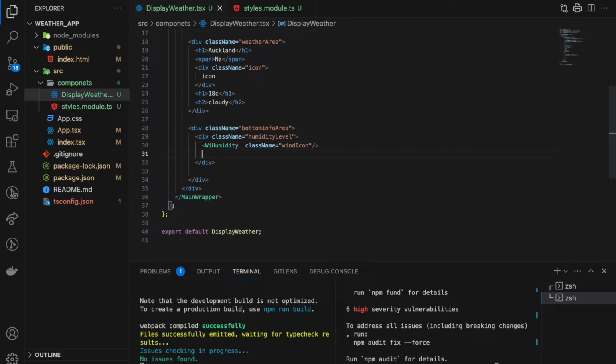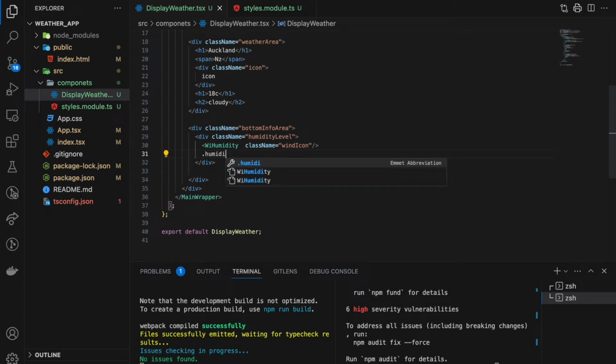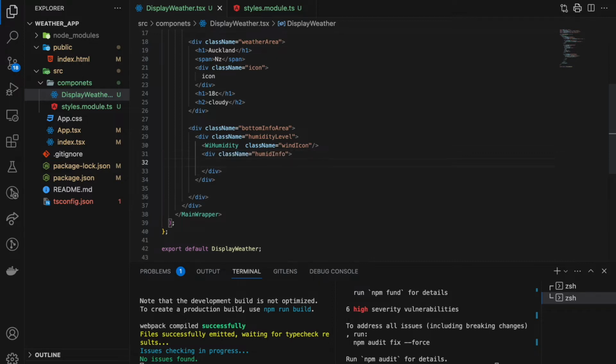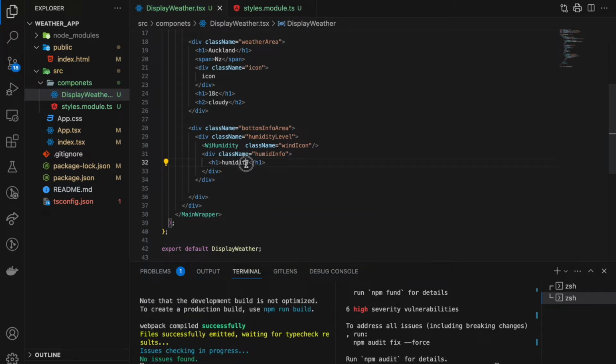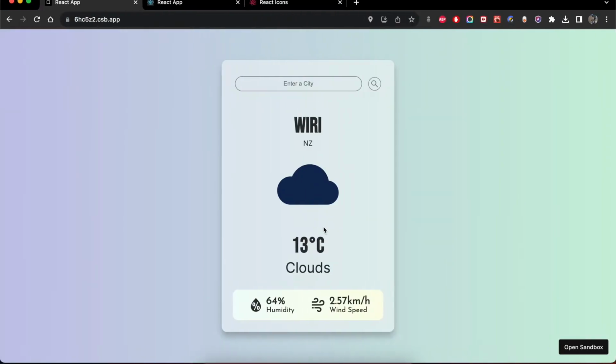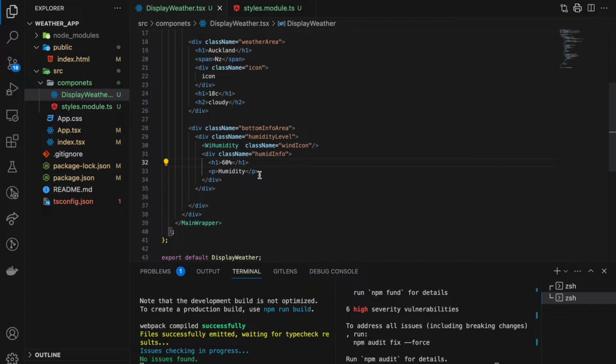So this would be the humid info, and inside this we'll open an h2 tag and we will write humidity, not humidity, 60% humidity. So this should be okay. What is the y here? So that's for the humidity, and we should have that and this